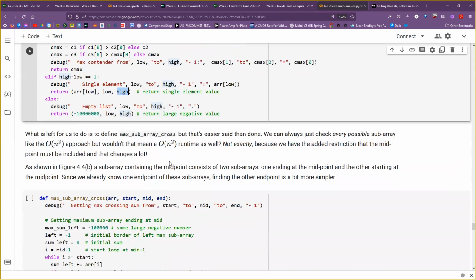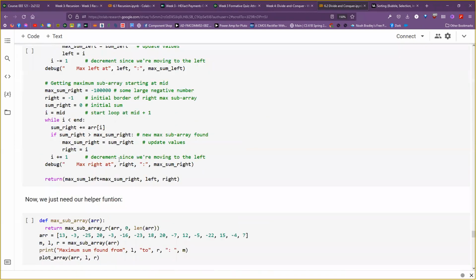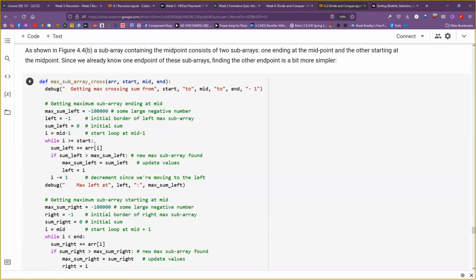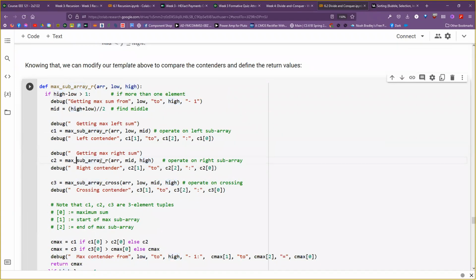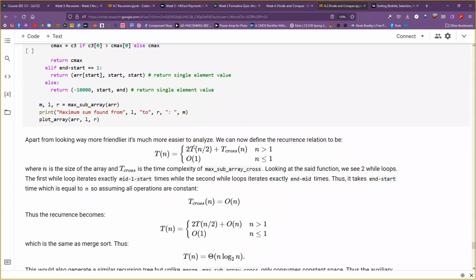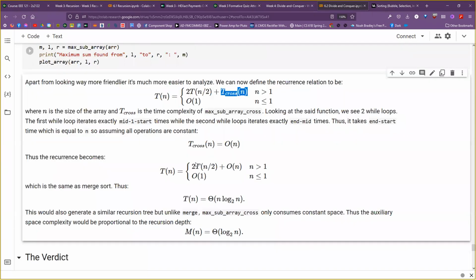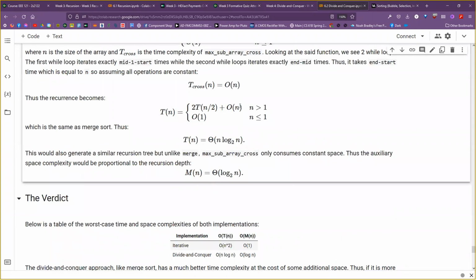And ayun, complexity analysis niya, medyo the same. So meron tayong dalawang, para siyang merge sort, meron tayong dalawang recursive call, and then meron tayong isang extra function. So yung complexity niya is 2 times t of n over 2 plus yung time complexity ng crossing. Yung pag-cross natin is mag-extend sa left and then mag-extend sa right. So that is just linear. So medyo binibilisan ko lang. But hopefully you get the point or you get the gist of how that is